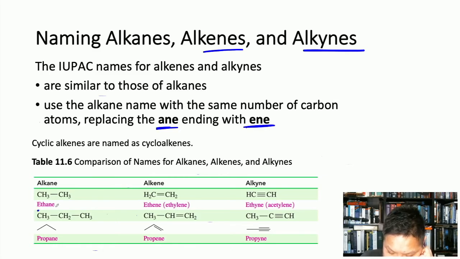So here we have an example of ethane. If it's the alkene version, it's called ethene, right? Or the more common name or traditional name is ethylene. For alkynes, same thing. Instead of "ane" for alkane, "ene" for alkene, we would go with "yne" for alkyne. Or "yne," rather. So here is ethyne, right? Or the more commonly known acetylene.